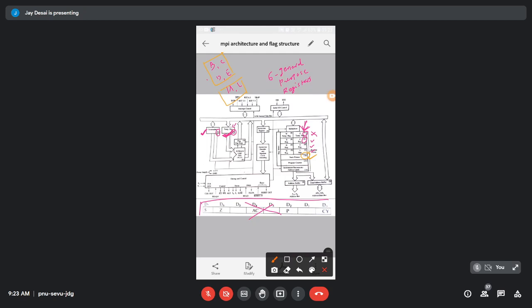Stack pointer. So stack pointer is basically used to store the location. Now program counter is also 16 bit. Program counter is also used to store the 16 bit location. So what is the difference between stack pointer and program counter? When you talk about the stack pointer,